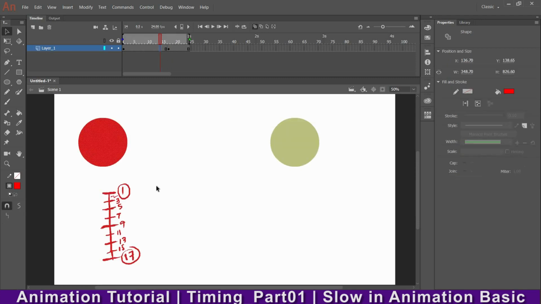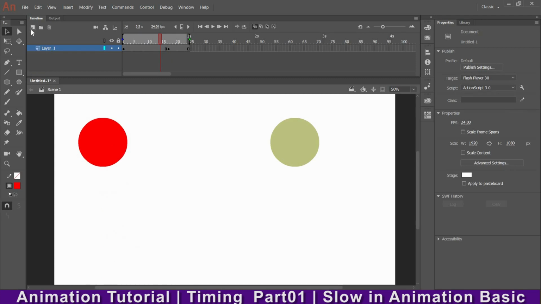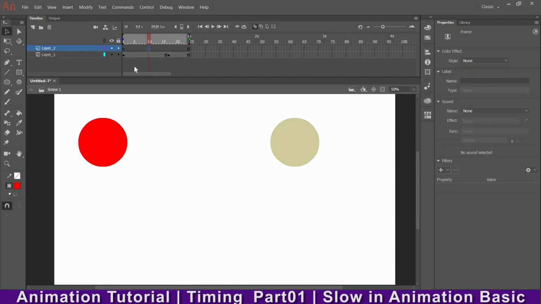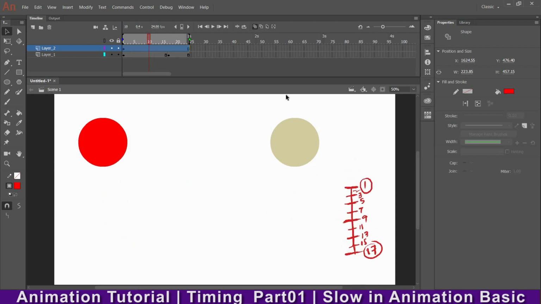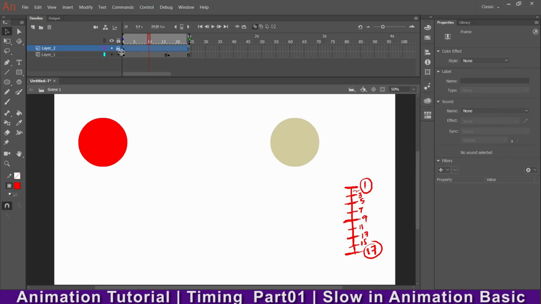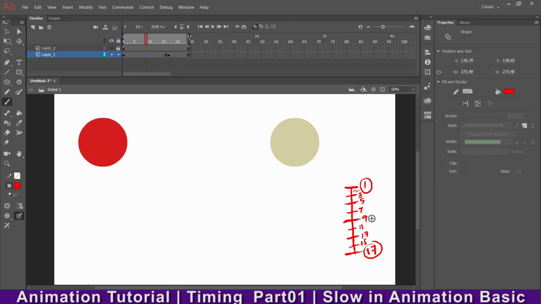So this is the graph. So what I'll do, I'll cut it and I'll place it in a different layer, so it will be easier for me to see the timing. Okay, basically what we do, we used to take this and place it over on the right hand side without any disturbance in animation. So okay, I'll put a lock over here, and now I need to draw a drawing in between somewhere here. So this is the in between of 1 and 17, this one.